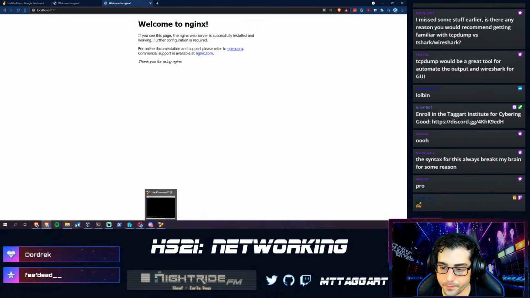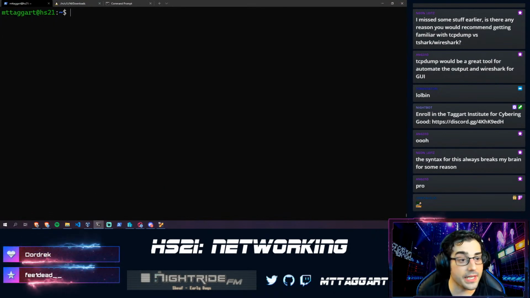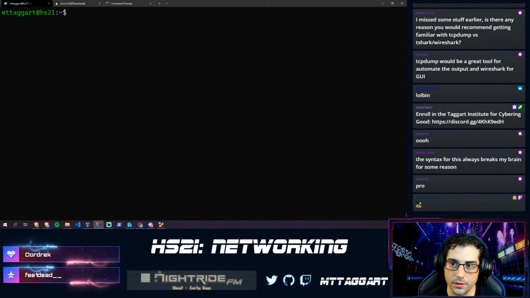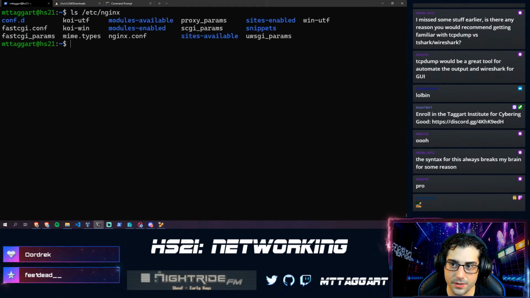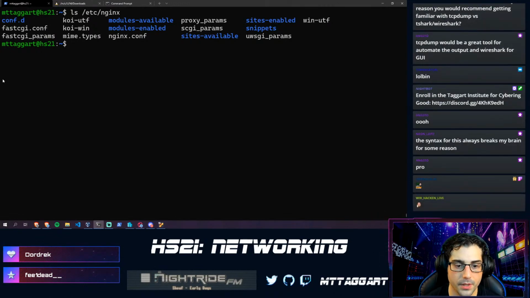Okay. Now, it's not enough to set up the web server. We have to learn how to configure it. So to do that, let's ls /etc/nginx. And this is an important instinct for a Linux system administrator, even if you're just setting up stuff to run